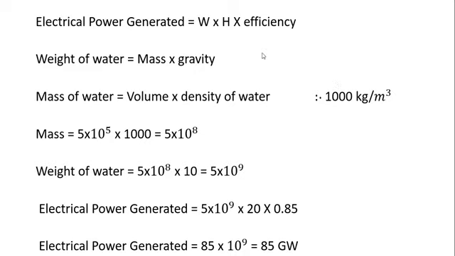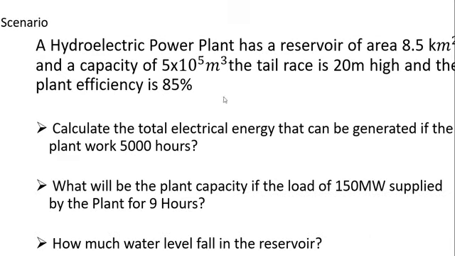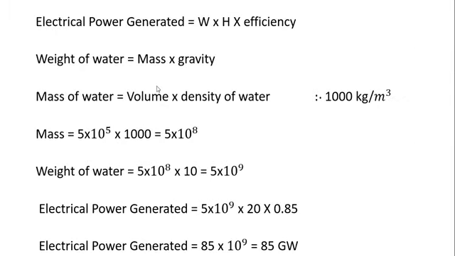And efficiency is also given as 85%. We know that efficiency is in percentage, but when we convert it to a fractional value, it will become 0.85. We will multiply it, and we got it here: electrical power generated is equal to 85 gigawatt. Till now we have